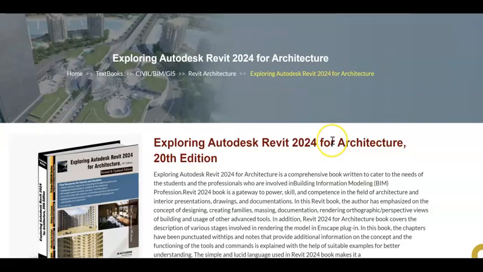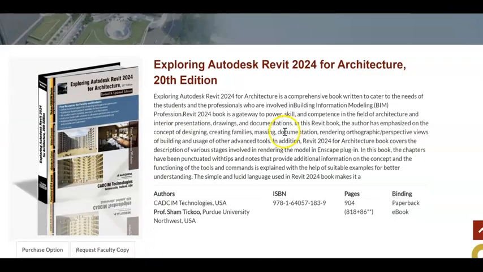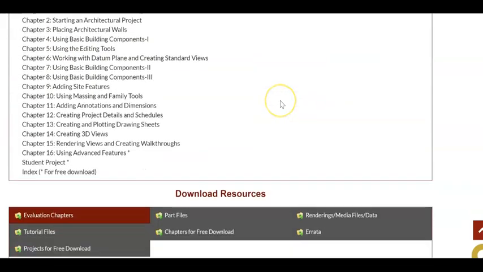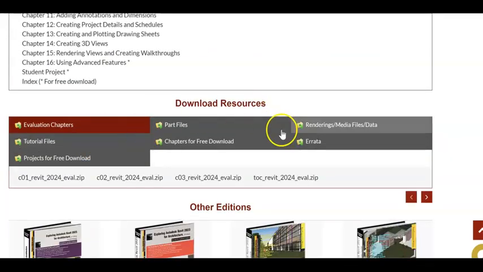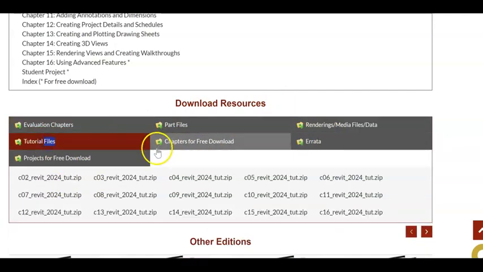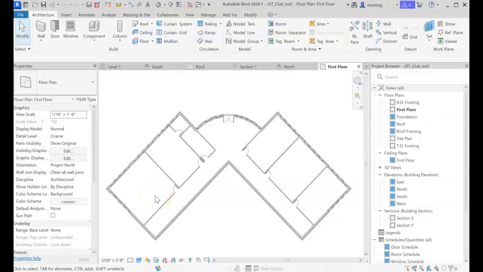I've jumped over to the website that goes with the textbook, Exploring Autodesk Revit, and I'm going to scroll down to find some of the files that are available to us, and let's go to tutorial files. For myself, I had a little problem with my building, so I'm just going to pick up using the book's resources. There are 3 parts to this particular tutorial, and they're asking us to first start out to create the floor. And one thing they'd like us to do is to turn off all the extra tags,